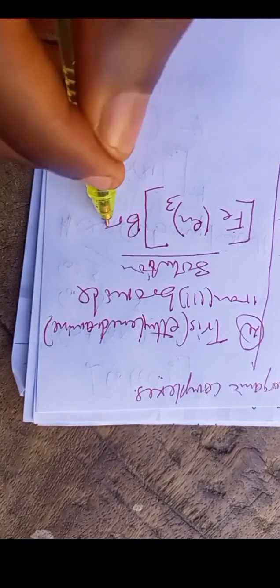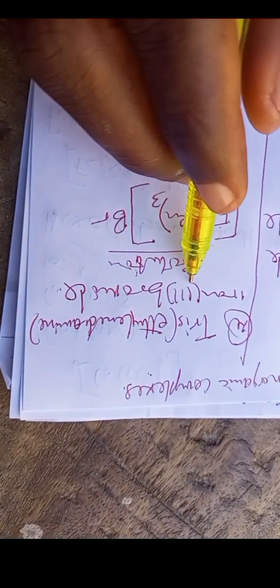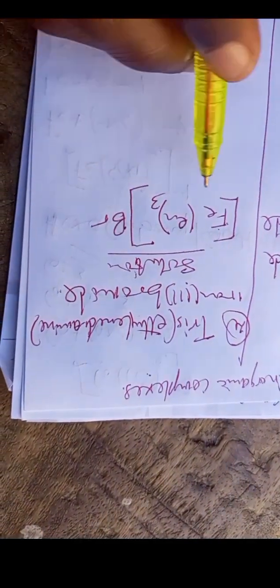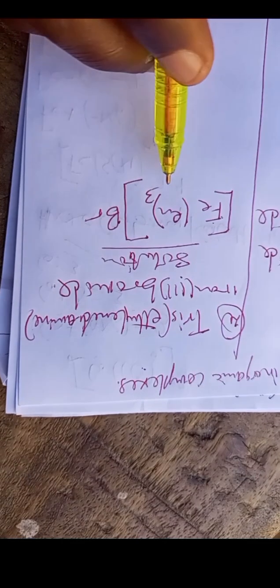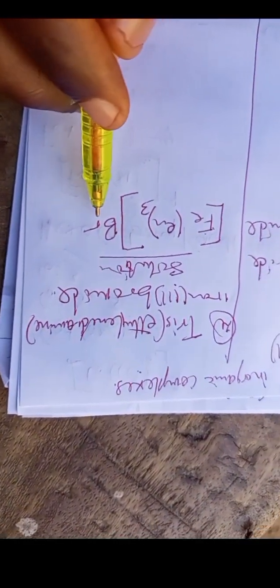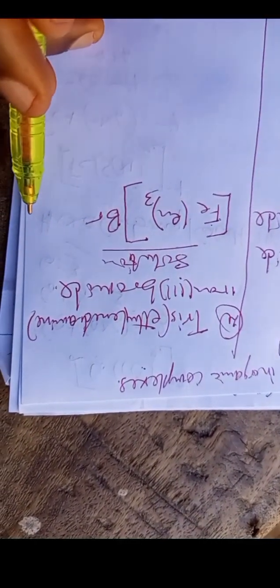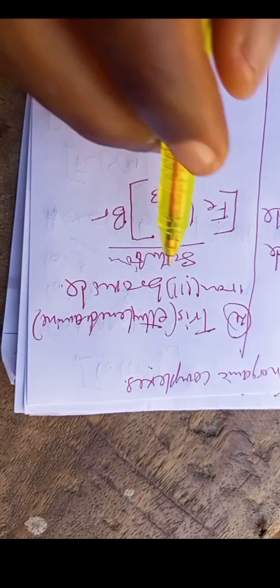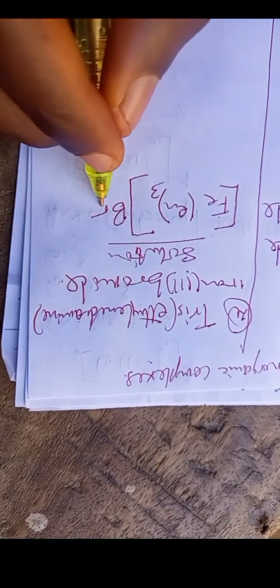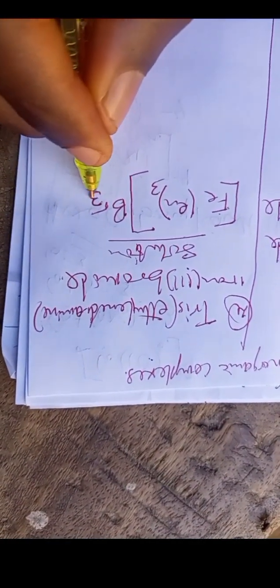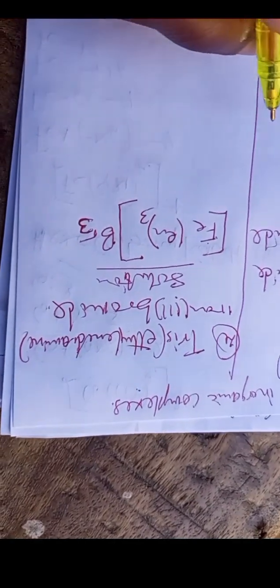Then you put Br. So if you want to know whether this 3 is correct, you have to calculate the oxidation number. You know that en, ethylenediamine, is a neutral ligand. 0 times 3 is 0. And this one is minus 1. Cross equal to, it will be plus 1. So we have Fe 3 here. It means that bromine here is not only 1, it is 3. If you want to know, try to calculate the oxidation number for this, then you are going to get your answer. To save time,